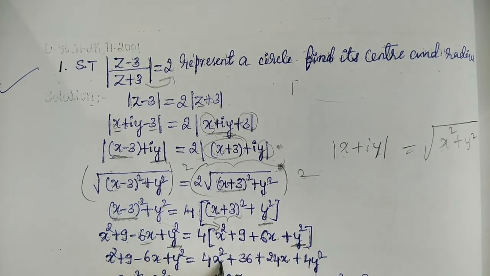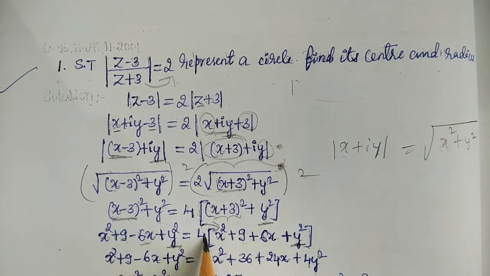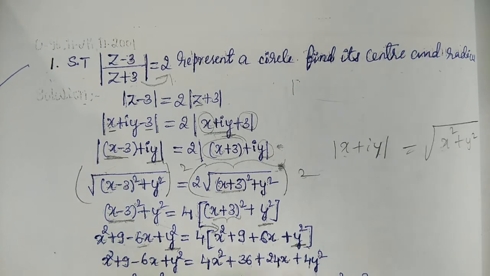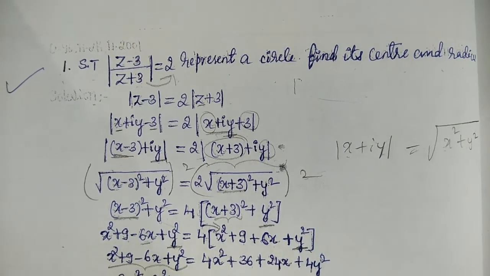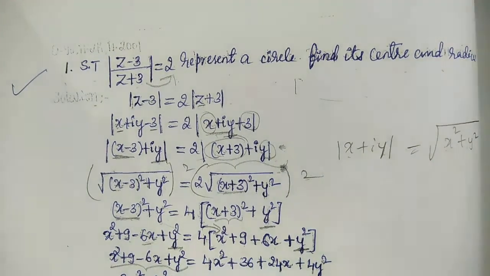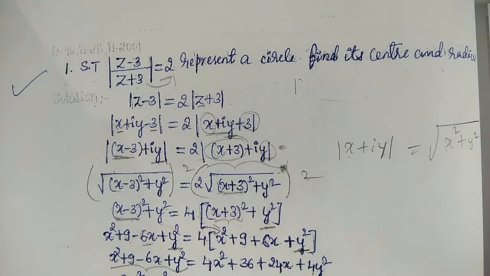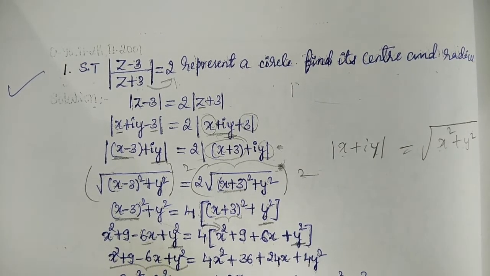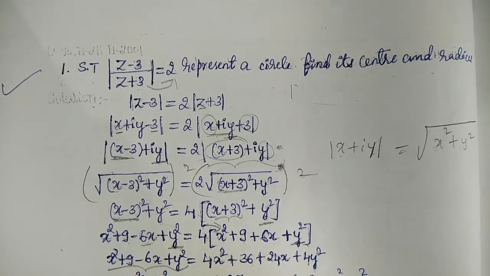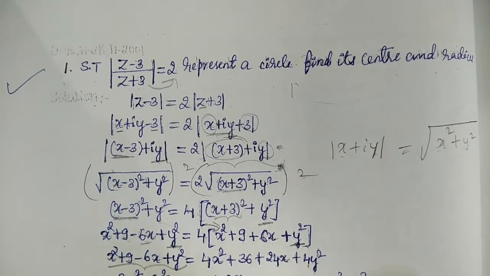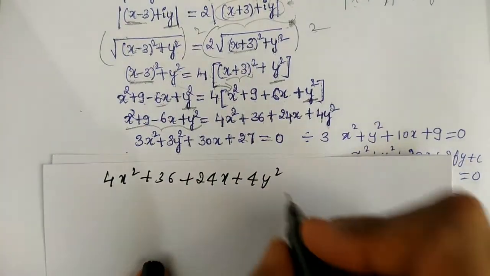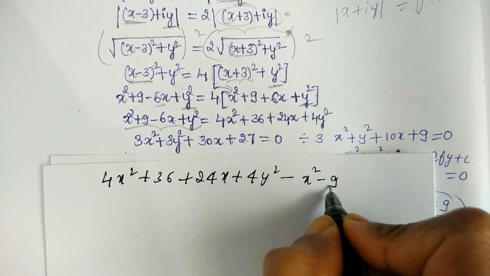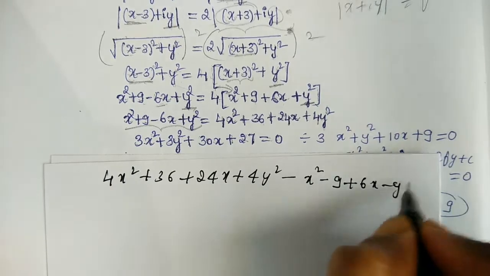Next, multiply 4 within the bracket. So 4 into x square, 4x square, 4 9s are 36, 4 6s are 24x, 4 into y square, 4y square. So now take this part to the RHS. If you take that part to the RHS, we remain with, here I am taking, 4x square plus 36 plus 24x plus 4y square as it is, and this one to the right, it becomes minus x square minus 9 plus 6x minus y square is equal to